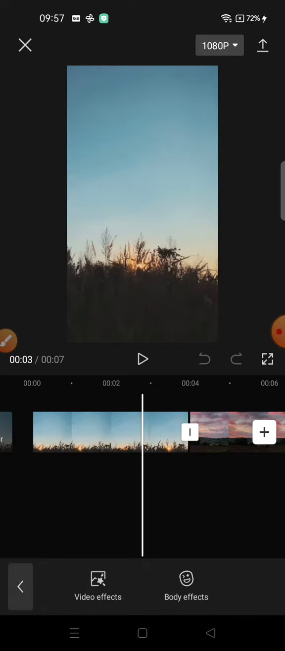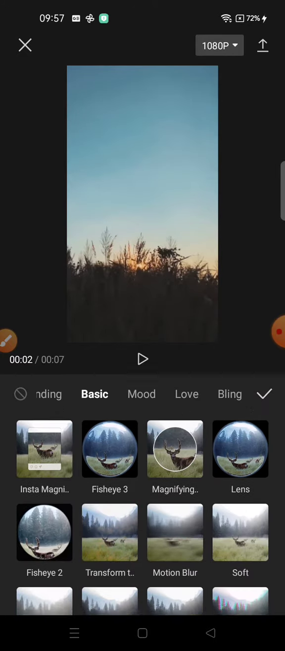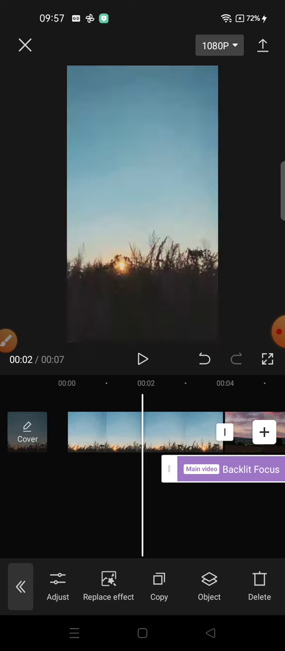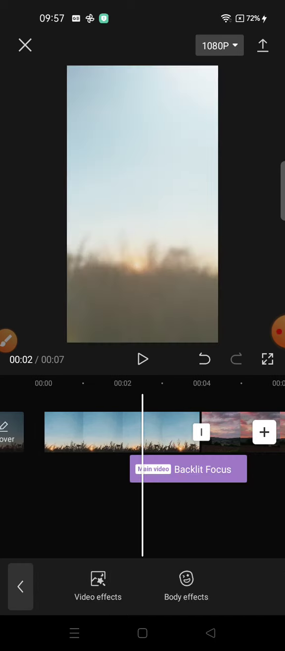Press the effects, video effects, and find basic. After that, you can select the backlight focus. Okay. Drop the effect between the two videos